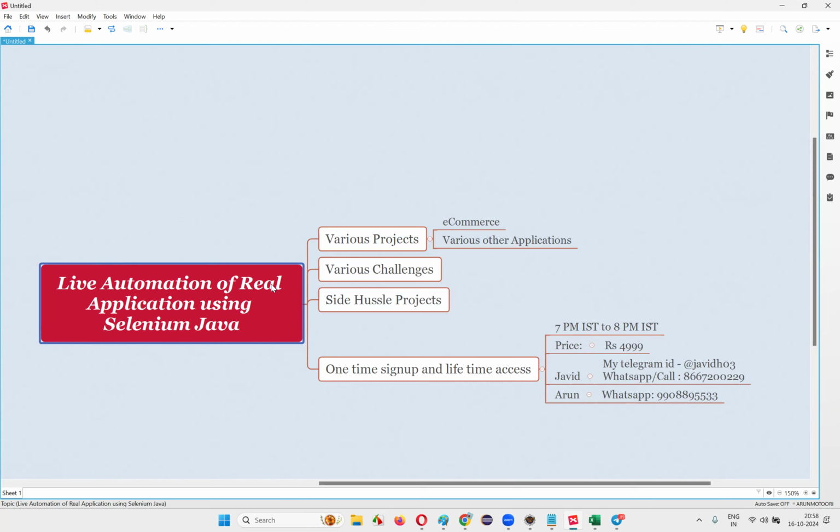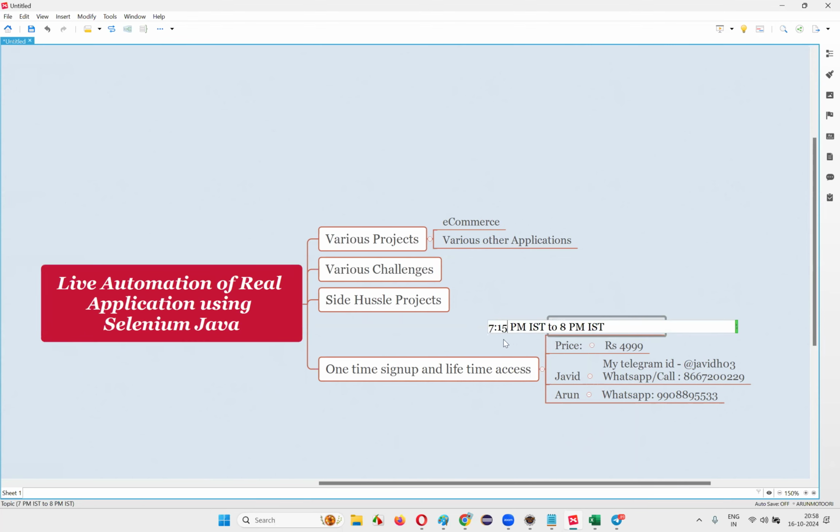The batch timing will be in the evening hours only, like 8 p.m. to 9 p.m. Most of the people have voted, some people have voted for 7:30, some people have voted for 7 p.m. I'll make it 7:15. So I'll just make this batch 7:15 as an average. Let's not make it 7:30 or 7.